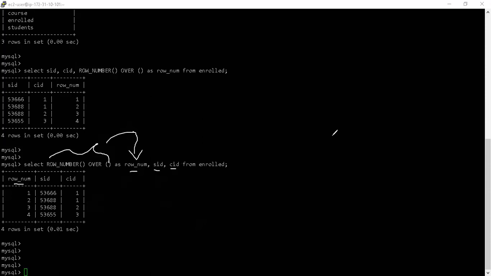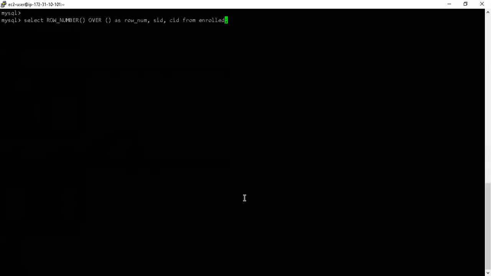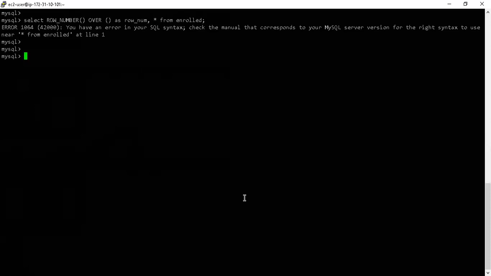The only advantage you have here is that you can actually do something like this. Let me just quickly clear the screen. Now, if I do a star at the end of the query, this is not going to work. If I want all the columns and I don't want to write the column name of each and every column in the enroll table, we are lucky that we only have 3 or 4 columns, so we may remember them and write them. But if I don't want to do that and would like to do a select star kind of thing, then that star has to be placed before the window function.